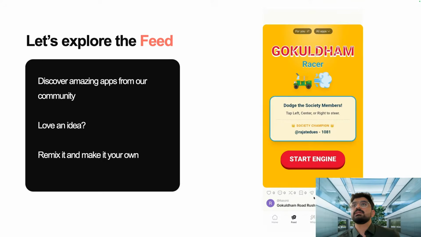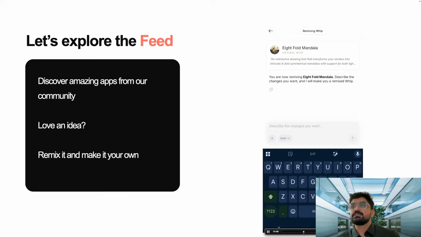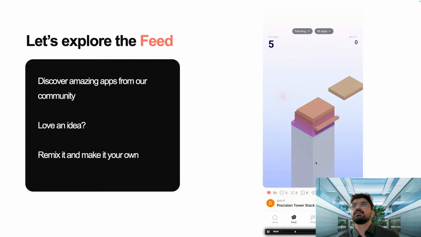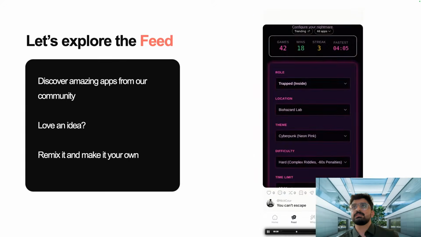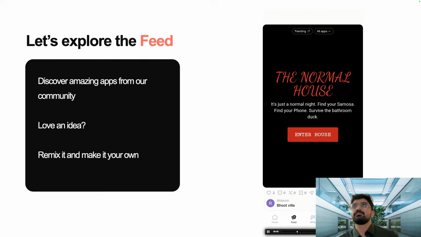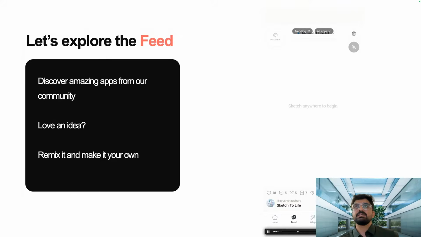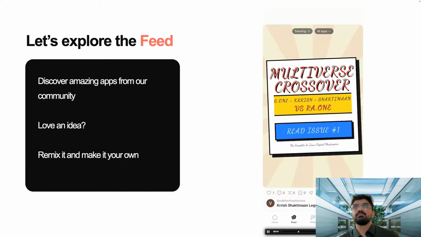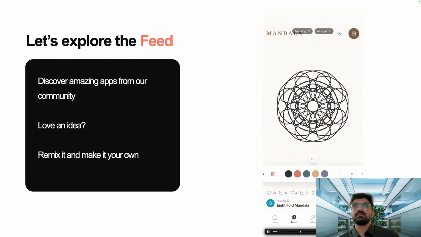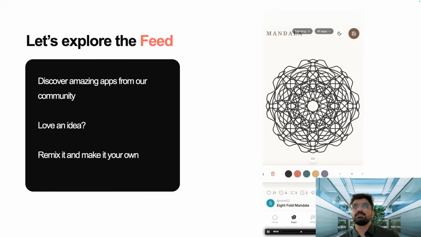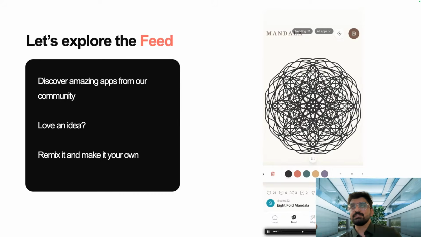One second. Let's see some more apps here. Right. So there are games here you can play. All right. This is the person's account. All right. A lot of experiences are there. Some have made funny apps, some have made stories. This is a mandala app, which I really like. Very simple, but creates very beautiful visuals. But you'll see that here you can only choose some points of sizes.